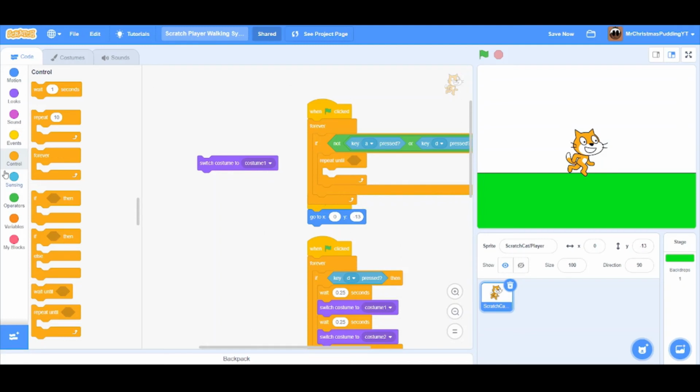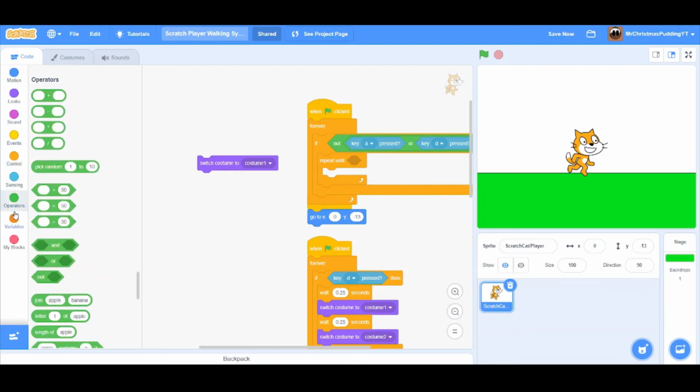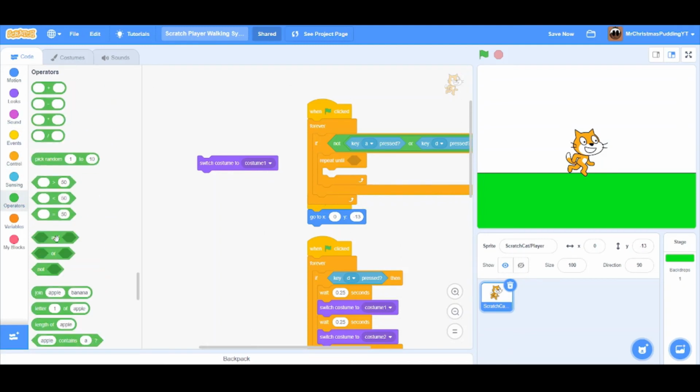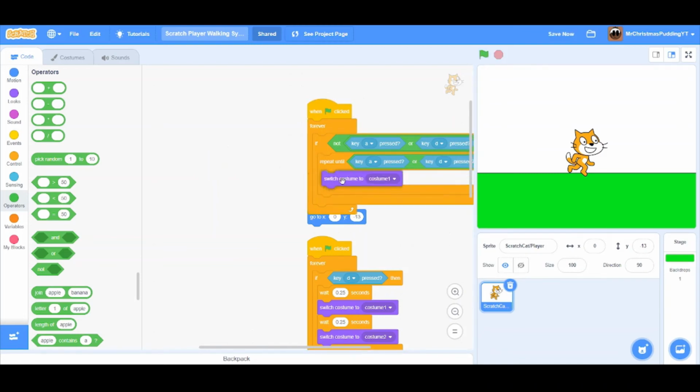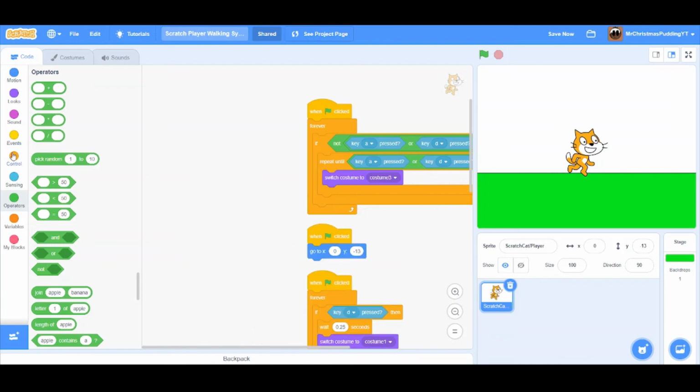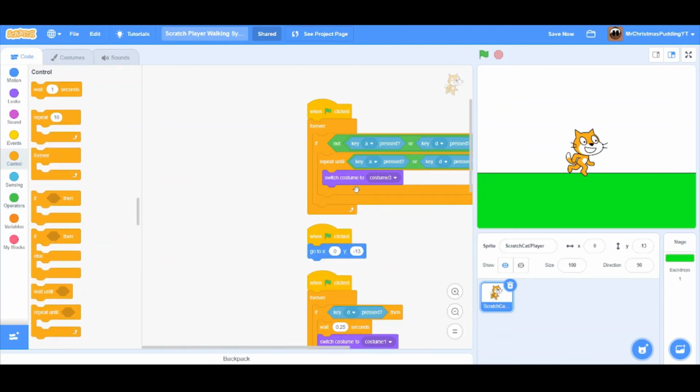So I'm going to get a repeat until A or D pressed. We can literally just duplicate A and D, like so, and drag in costume 3, which is called idle 1. And just to show you an example, you can change this to 0.1, then get idle 2, but I don't have any idle. So now look, when he moves like that, when you let go, he's